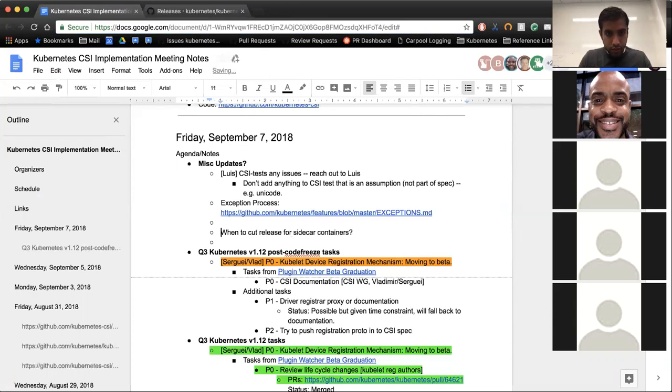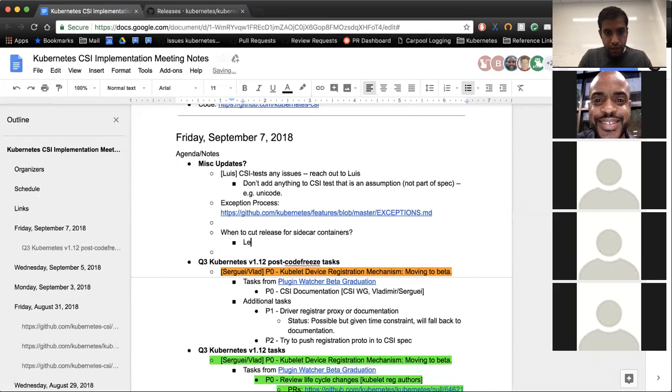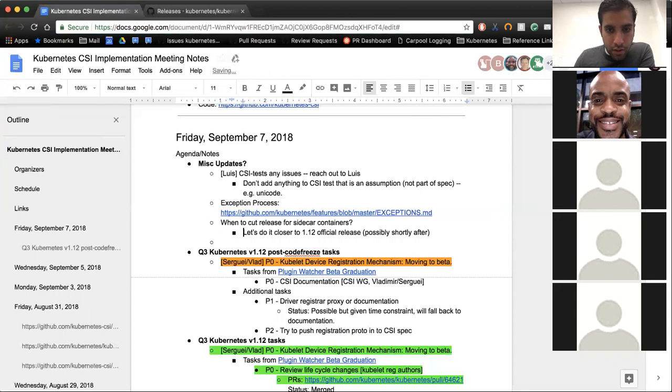So let's do it closer to the 1.12 official release, possibly shortly after. That way we can update the dependency to pick up the official 1.12 and then cut the sidecar containers. And also make it easier for people to develop, because they would have to make 2 patches, one for master, and then patch it again on the branch.